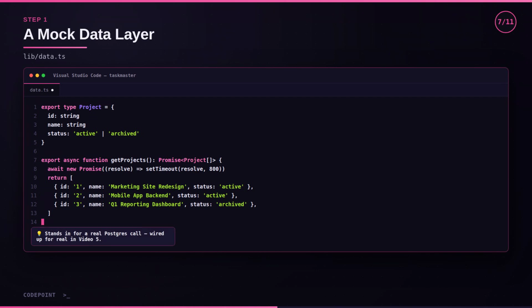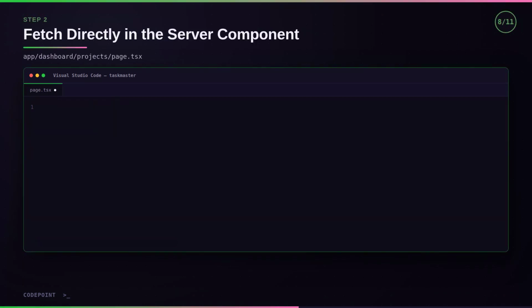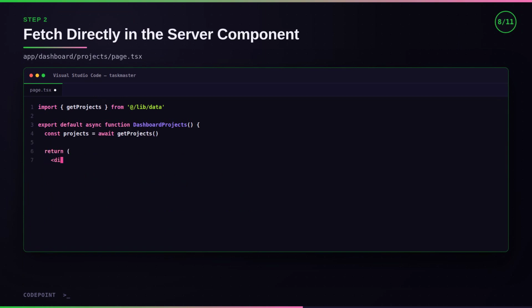Export type Project: name string, status active or archived. Export async function getProjects, returning Promise of Project array. It simulates network and database latency: await new Promise, resolve, setTimeout. Return 1, name: marketing site redesign, status: active. 2, name: mobile app backend, status: active. 3, name: Q1 reporting dashboard,